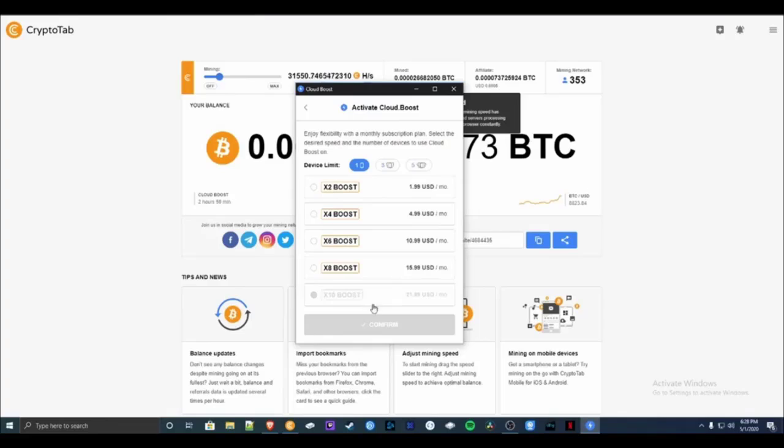I paid for the 10x boost because I want to get the maximum amount. It's $21.99 a month. You can do this on one device, 3 devices, or 5 devices. I'm just doing it on my main computer because it's the fastest. I don't really see the need to pay for all these other devices, because I only do this on my main computer since it's faster than any other computer that I have. So you can check that out if you want to